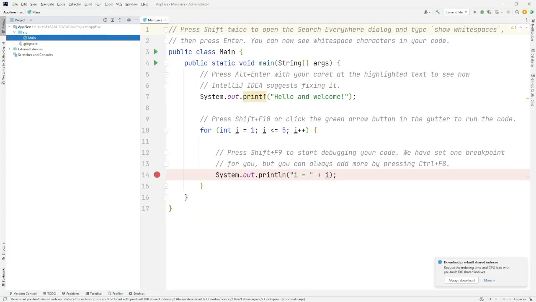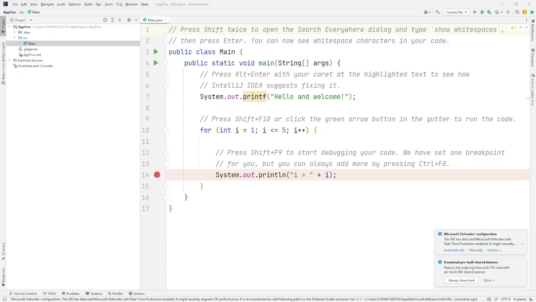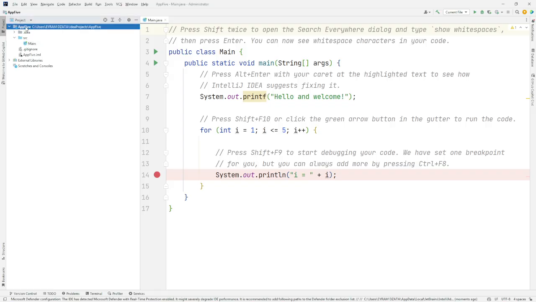So with the project created, when you look at the left hand side, you'd see here app 5. That's the project tree. Now just right click on this app 5